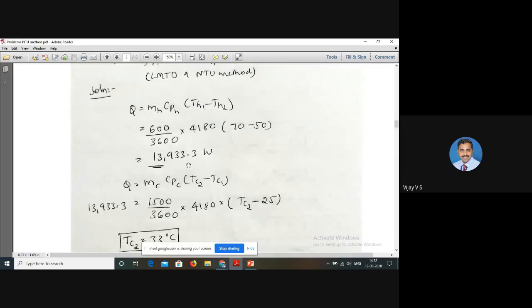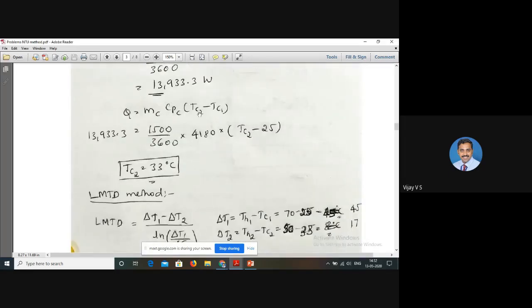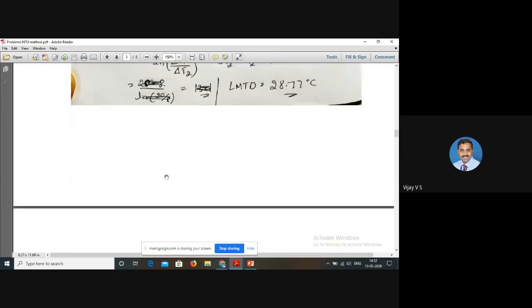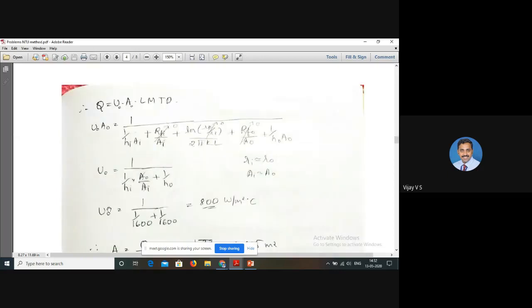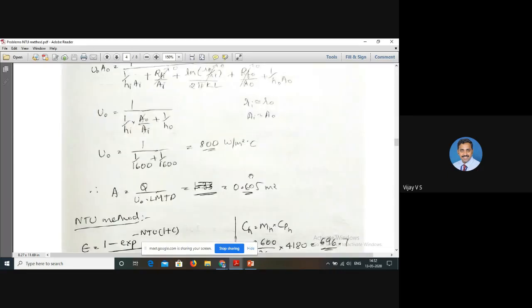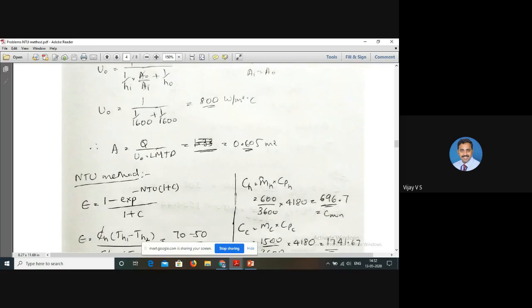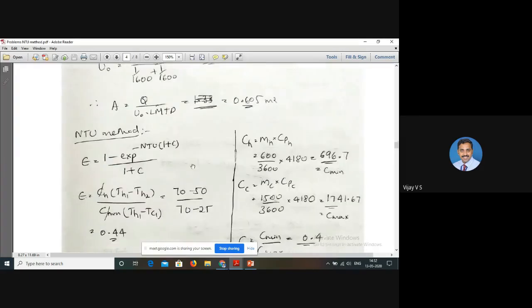So first we calculated Q, we calculated both the temperatures, we found LMTD, then we calculated the overall heat transfer coefficient, then area. Okay. So next is the NTU method. So in the NTU method,